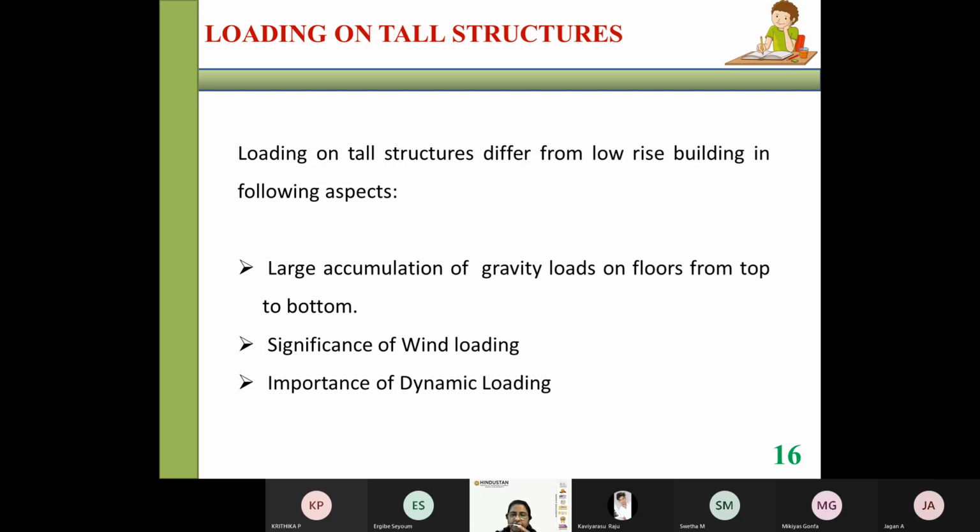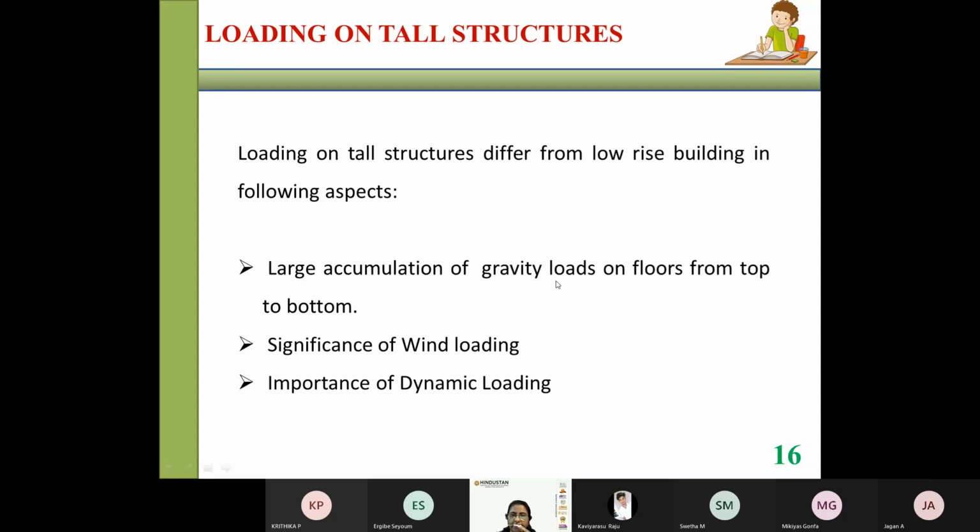Depending upon the purpose and nature of the building, you have different types of live loads. If it is a residential building, you have some occupants and household items. If it is a library, there will be a number of bookshelves and the weight of the books, which becomes the live load. It may change if it's a commercial building. So dead load and live load together we call gravity loads.